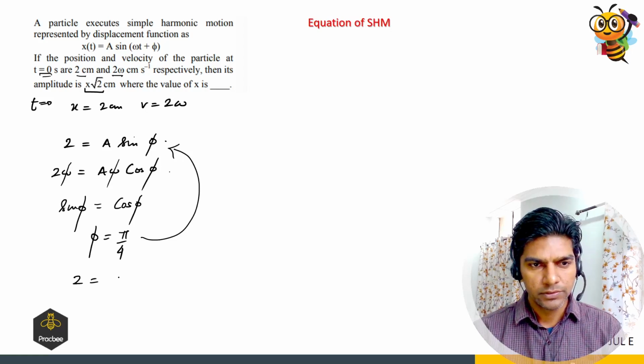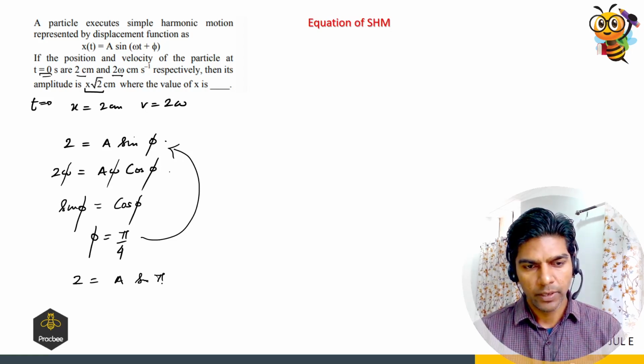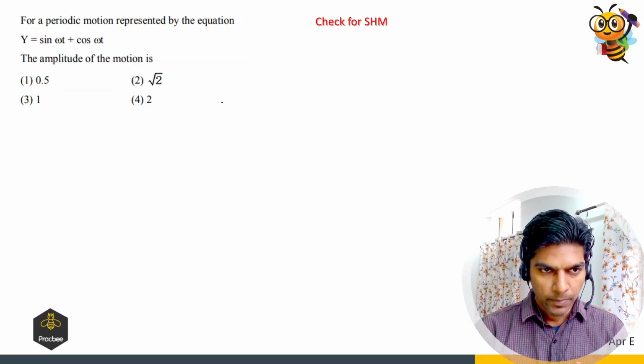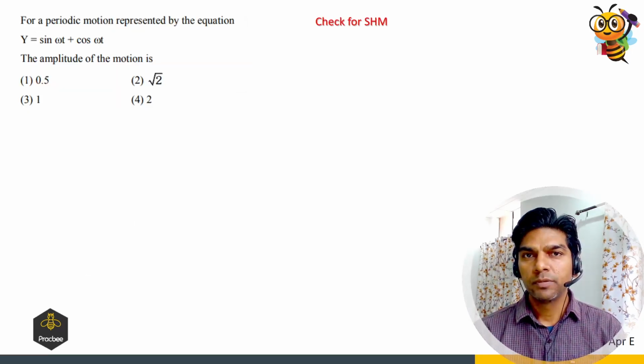So 2 is equal to A sine pi by 4. So A comes out to be 2 root 2, and it will be in centimeters. So the answer will be 2 root 2. Got it? Right, let us see the next problem type, which is based